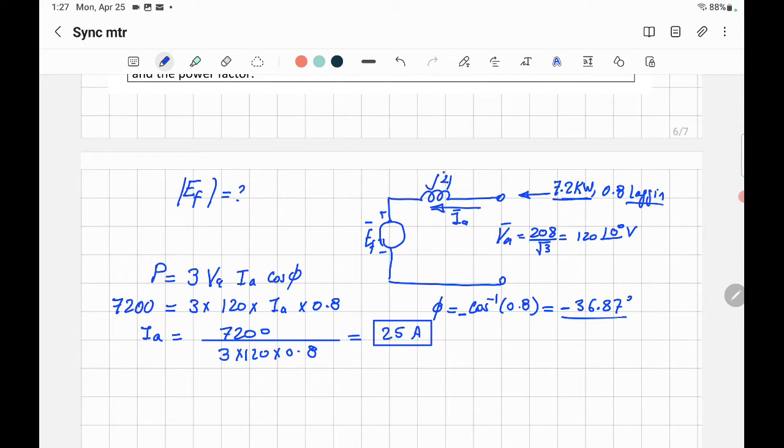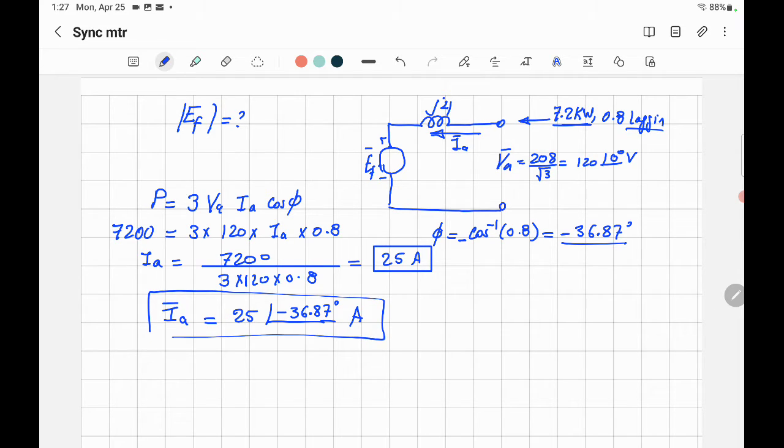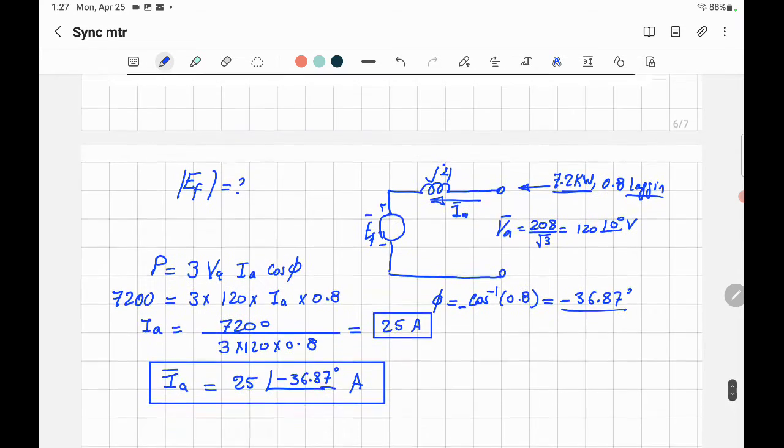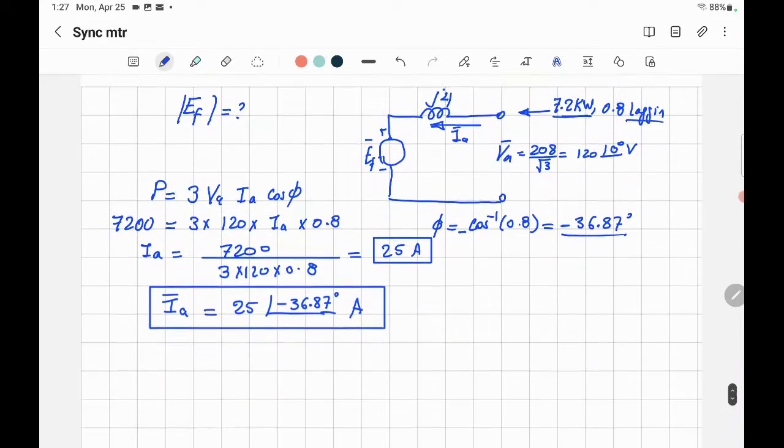And we know the angle, so you can express the armature current as a phasor. The magnitude is equal to 25 amp and the angle is equal negative 36.87 degree. So you got the armature current, magnitude and angle, complete information. But you want the excitation voltage. Okay, now it's easy. I can use the equivalent circuit and we'll say that the excitation voltage EF is equal